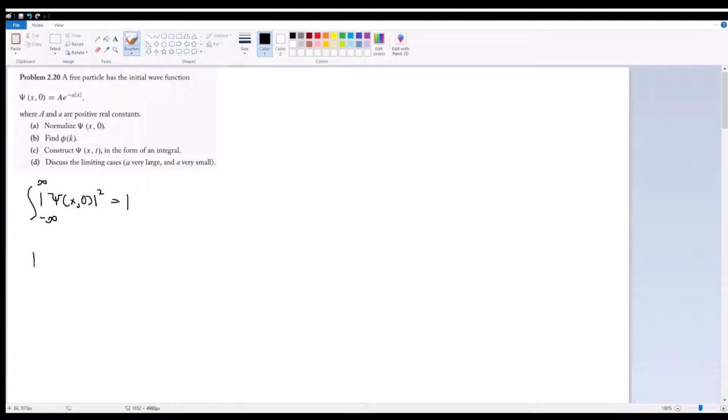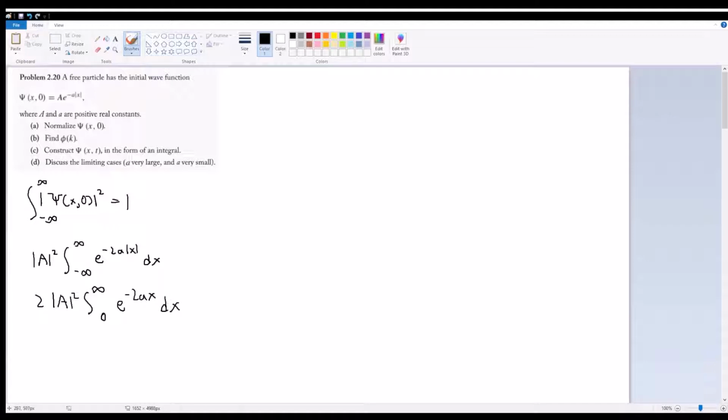If we write this out fully, we have magnitude A squared times the integral from negative infinity to positive infinity of e to the negative a magnitude x, squared, so that just carries over into the exponent as a product, so negative 2a magnitude x dx. Note here that this is an absolute value sign, so the integrand stays exactly the same going from negative infinity to 0 as from 0 to infinity, so there's nothing stopping us from just adding on a factor of 2 at the front and rewriting this as 0 to infinity